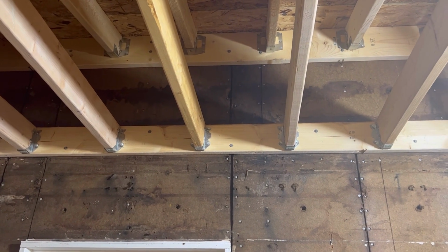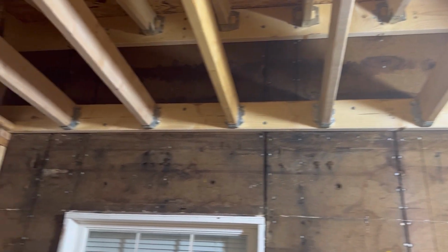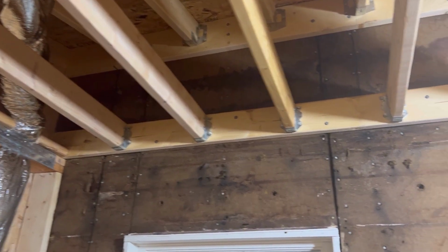So one of the things I've got going on here is, you can see the ledger legs holding the 2x6 and the 2x8 up there to support that. On this side,